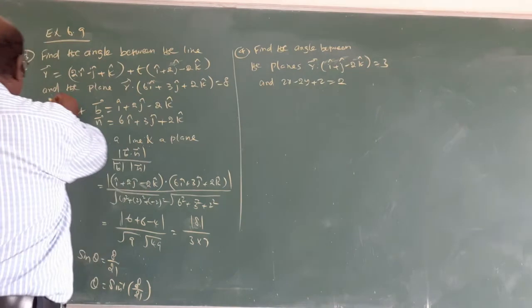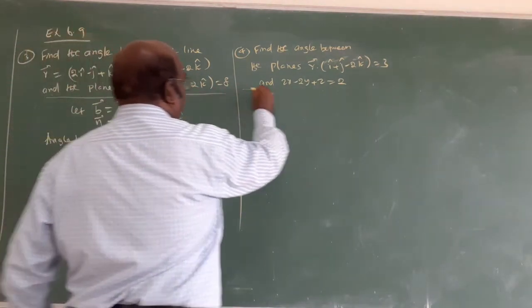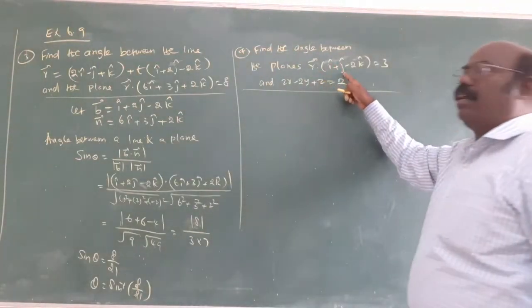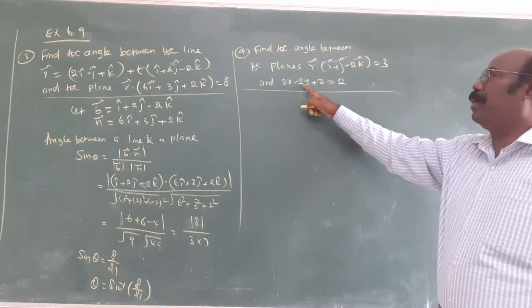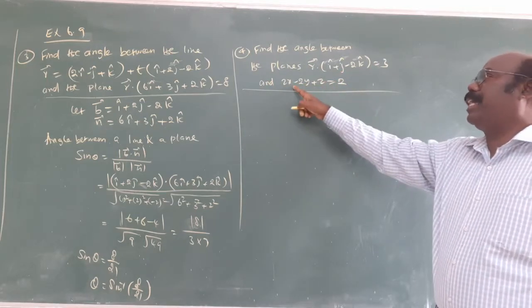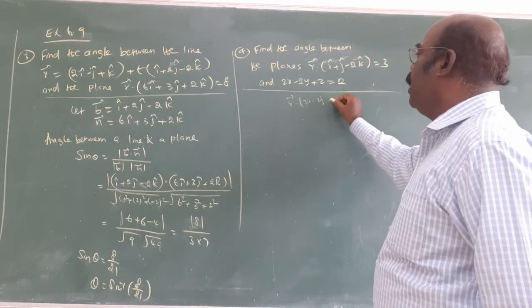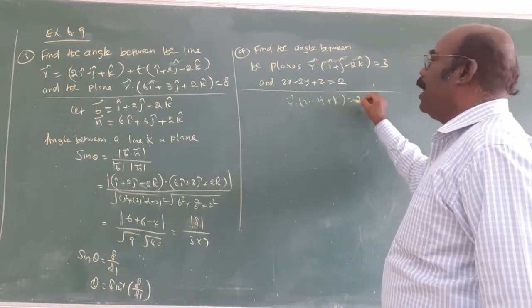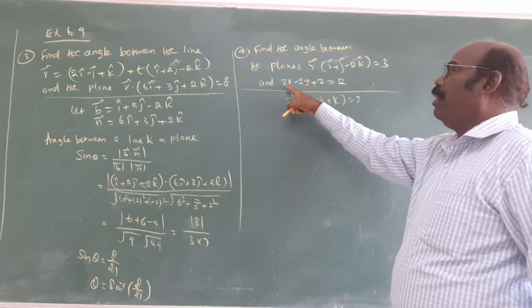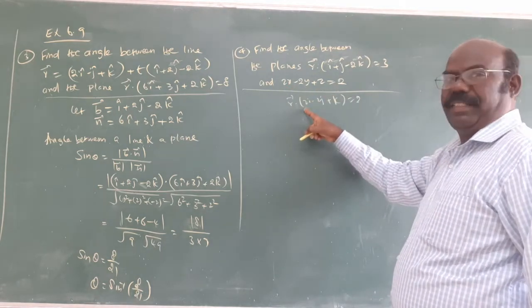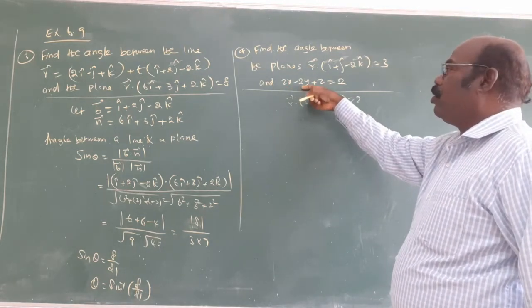Similarly, the next one is what? This is the same. The next one: R dot, here 2x minus 2y plus z equal to something. This came as R dot 2i minus 2j plus k equal to. Am I correct? This is a Cartesian equation, this is a vector equation. Anyway, this also came as this one.